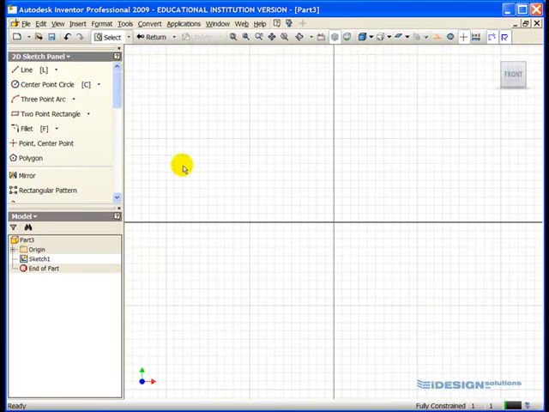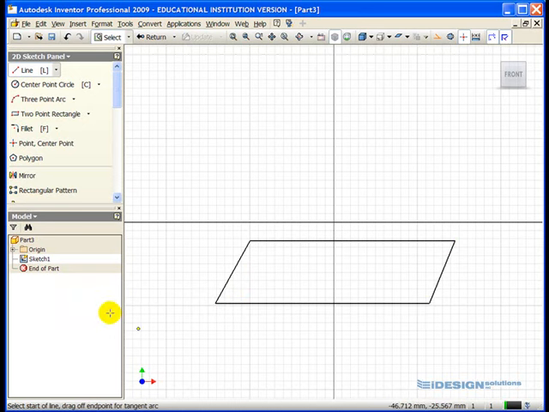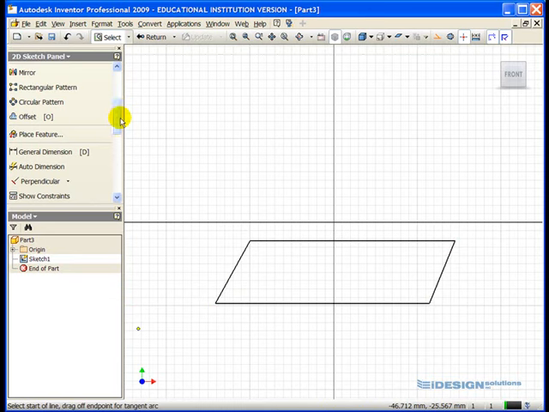Once again, we begin in sketch mode. By using the line command, I'm simply going to trace out the general profile, which looks something like this. Once the general profile has been sketched, we'll add dimensions to it by scrolling down our 2D sketch panel and